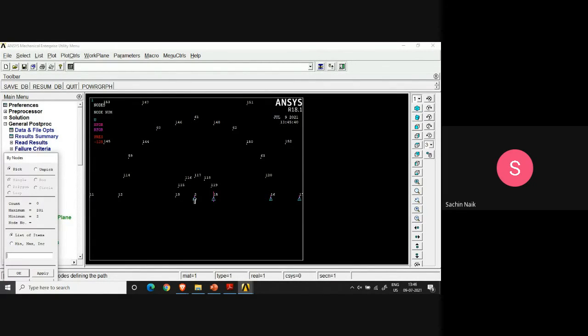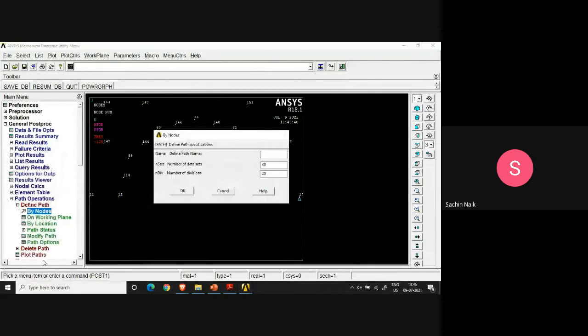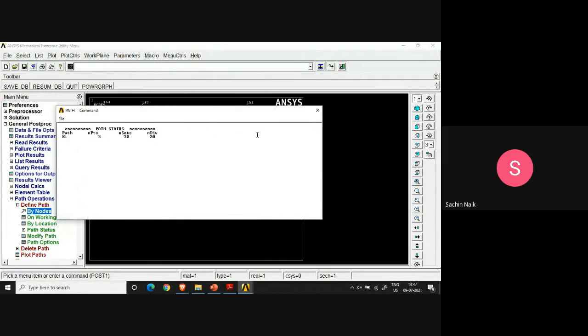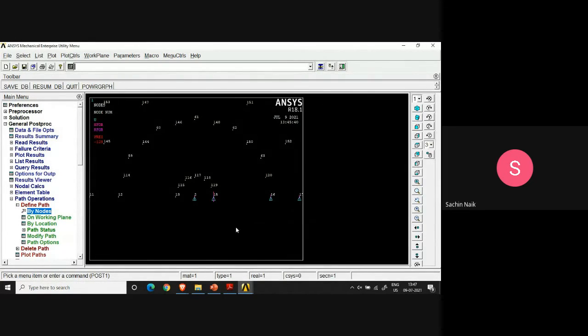So I just pick up those things 1, 2 and 3. Okay, you have to give minimum 3 nodes so that it is defined. So I have chosen these 3 nodes for defining the crack path. Okay, it will understand that it is there further. So for that particular line, crack path is defined, and once that is done, you can click OK. It can be named, you can give some name to it. So you can give it a name, say K1, okay, and other things are okay. Number of divisions and number of data sets, it is showing. You can just close this window. It is just saying that it has done the required thing.